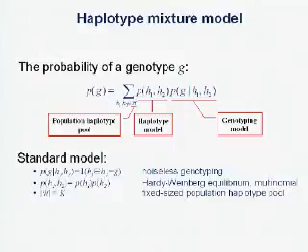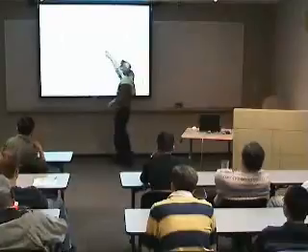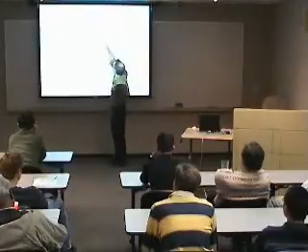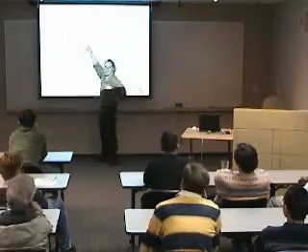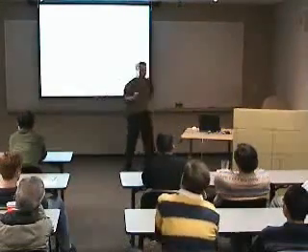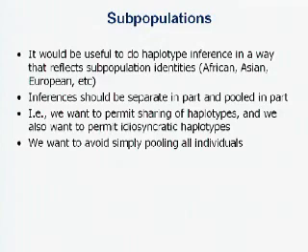So there it is. This is known as the model for haplotype. You have the probability of the haplotype times the probability of the genotype given the haplotype. And now the main problem here is how many haplotypes are there? This is really the main part of the scientific problem. If we knew that, we'd know a lot about our human history: when did we have a bottleneck, and so on and so forth. So it's really the main problem.